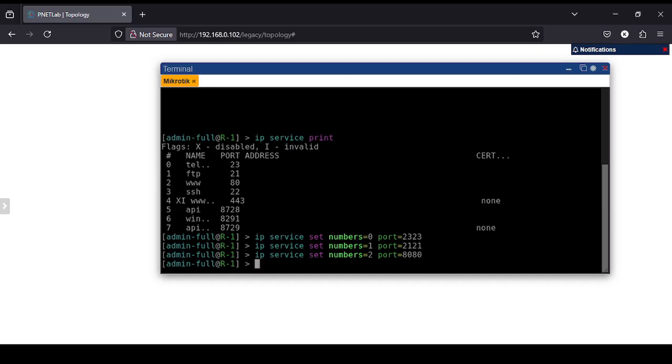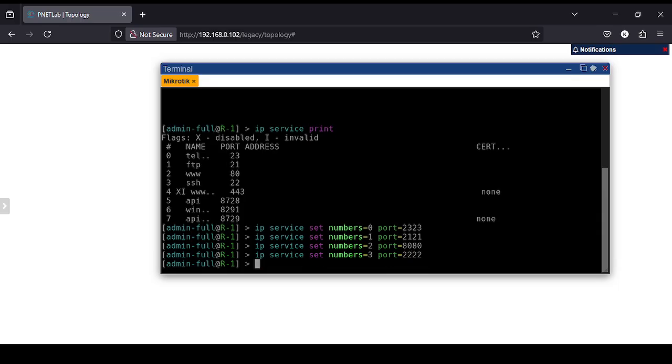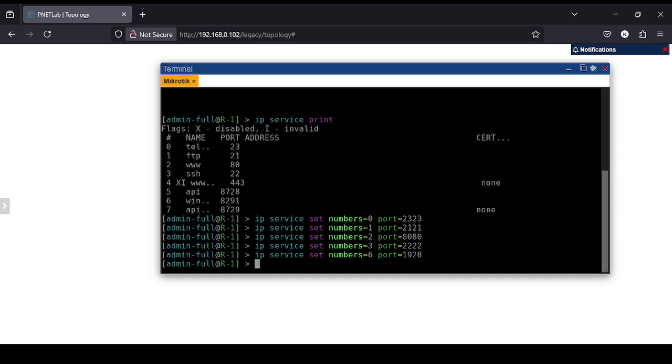For SSH here, I will use this port, and for the Winbox, I will use this port. Alright, so I will print the service again,